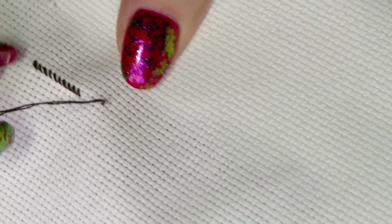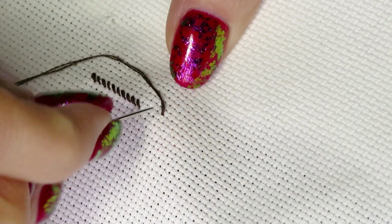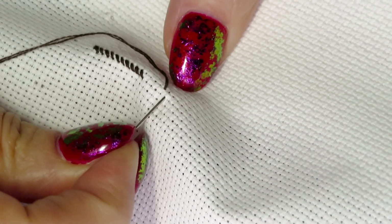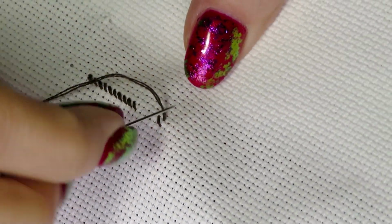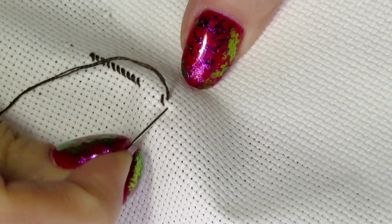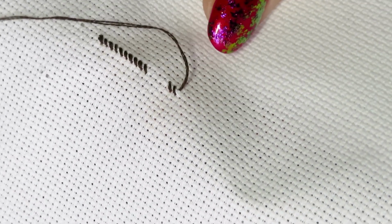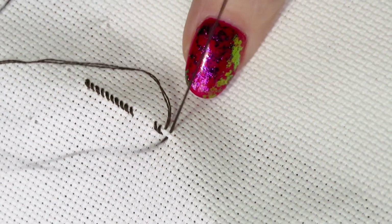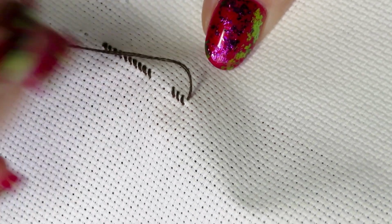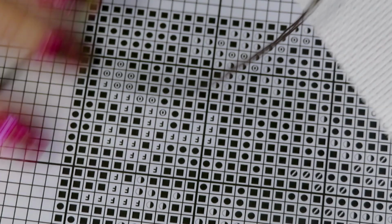And we keep going up. As you can see, I'm not closing the stitches yet. I'm gonna count up and up. One, two, three, and this is going to be my 4th. I'm looking again